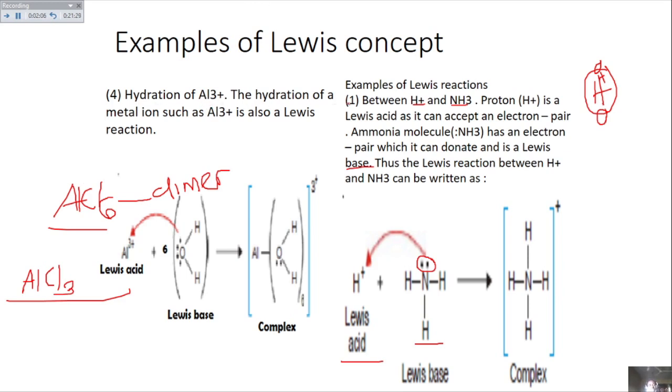Clearly, what happened? The hydration of the metal ion, such as aluminium, is also a Lewis reaction. Because this particular metal creates empty orbitals, the chloride ion here can donate a pair of electrons to it. And when that happens, it forms a complex ion. And this complex ion is what we call a dimer here. This kind of bond, this kind of